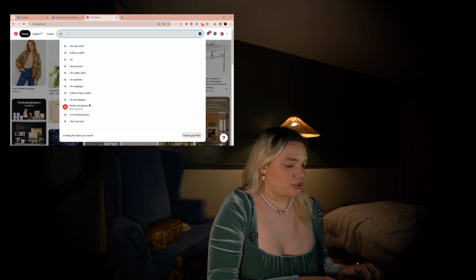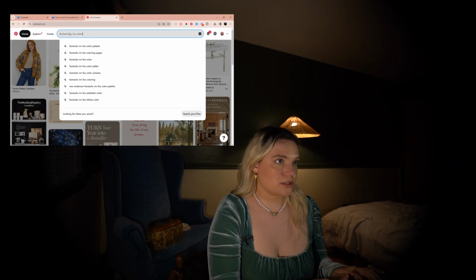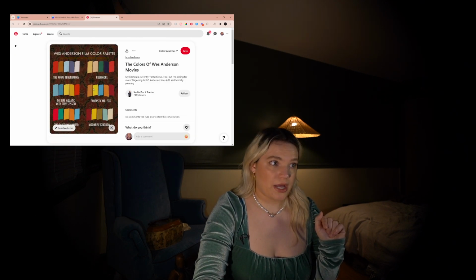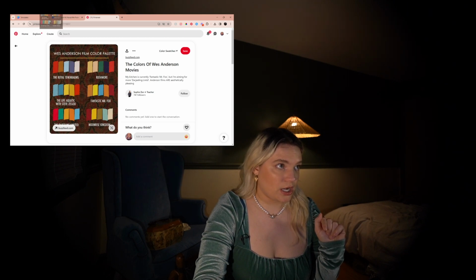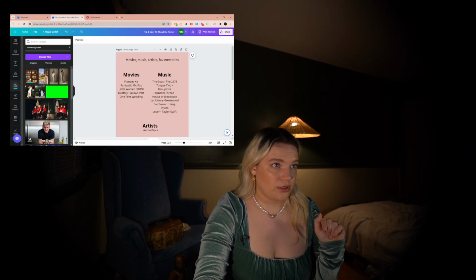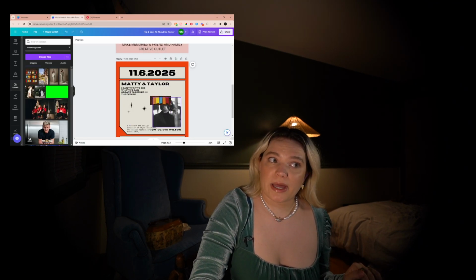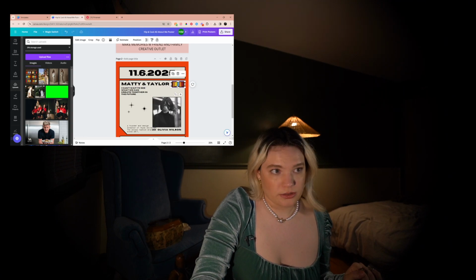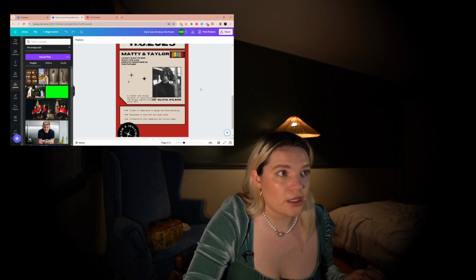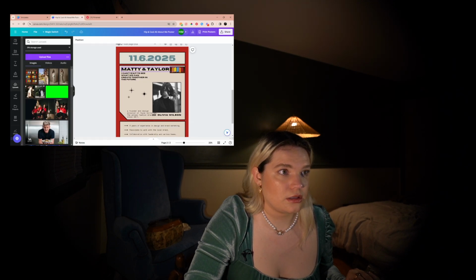So I'm just gonna type in Fantastic Mr. Fox colors. Usually they have a little, yep, here we go. Oh, we have this Wes Anderson film color palette. We have the Fantastic Mr. Fox color palette here. I'm going to drag that over to Canva and then crop it so we just have the one we want. Sick. So we have our color palette, at least an idea for one. So we'll put that next to the names. So we got our little color palette in here. Started making this the right colors. Let's make this. Yeah, and then this.